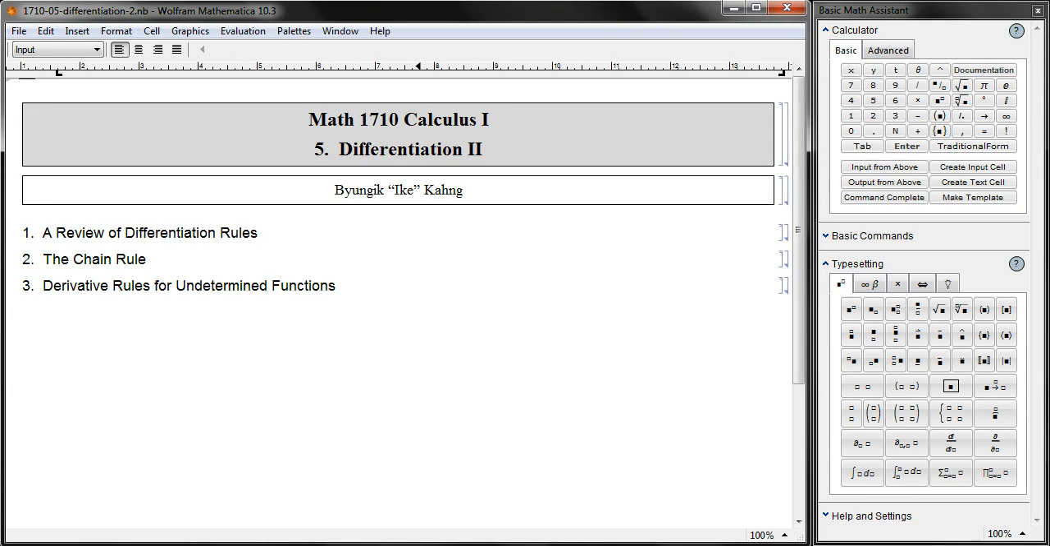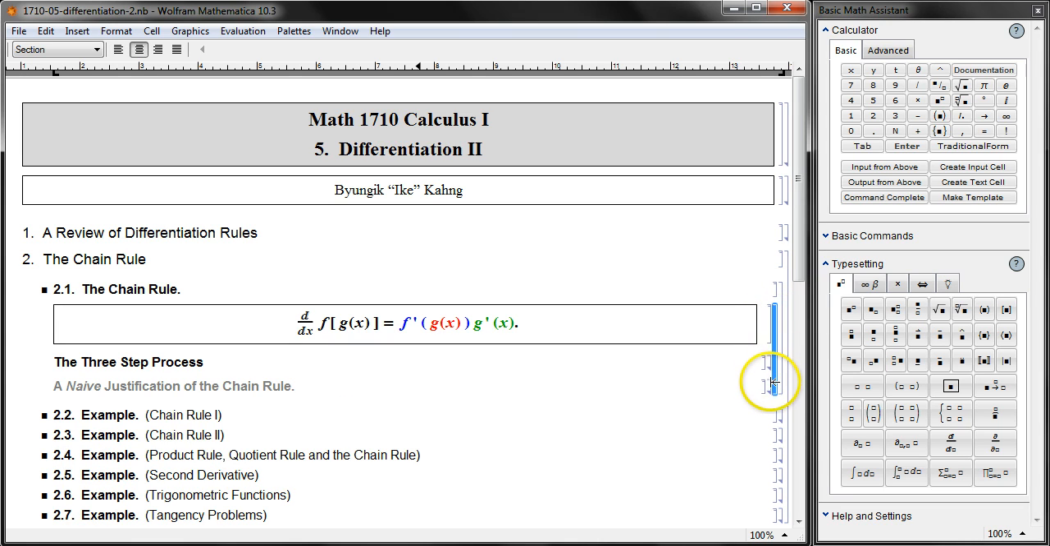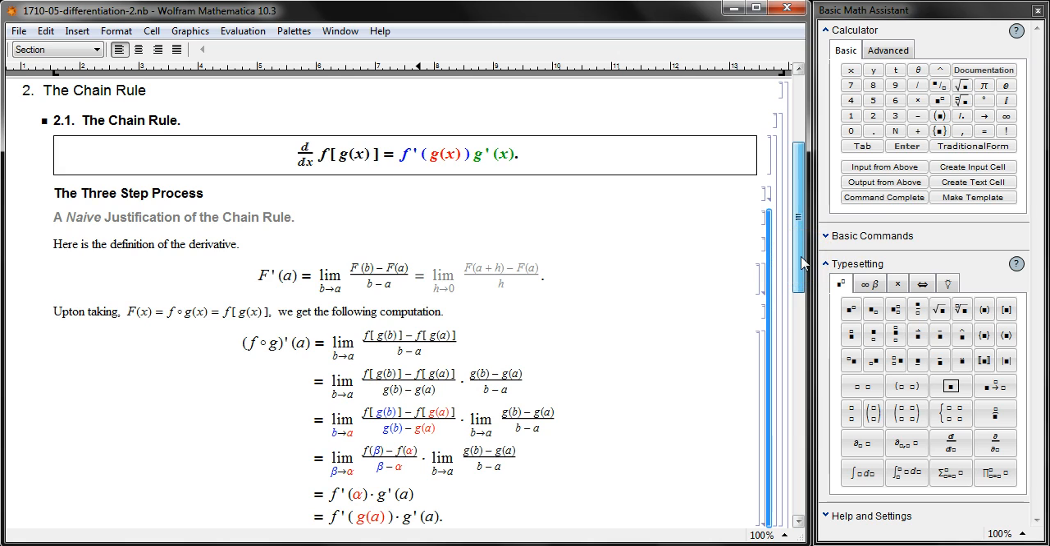Hello students, welcome back. As a final video lesson of Module 5, we'll study an optional topic. We will prove the chain rule. More precisely speaking, we'll go over a naive justification of the chain rule. Maybe a bit too modest, but I cannot use the term proof or even sketch of proof because there's a